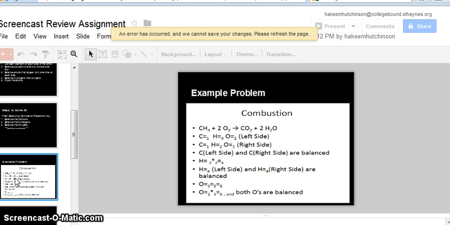An example problem. This is an example of combustion. First, you list all